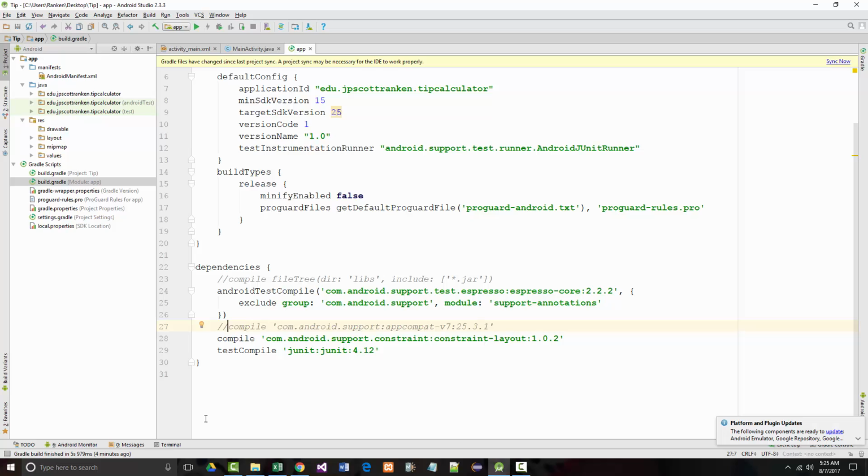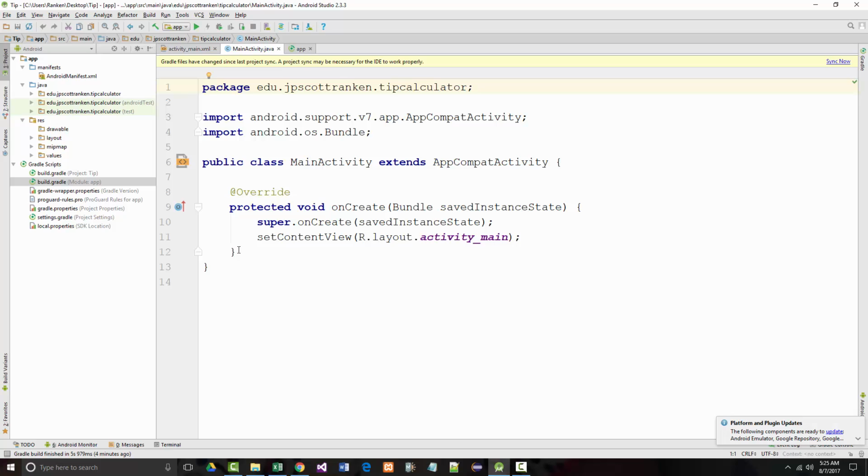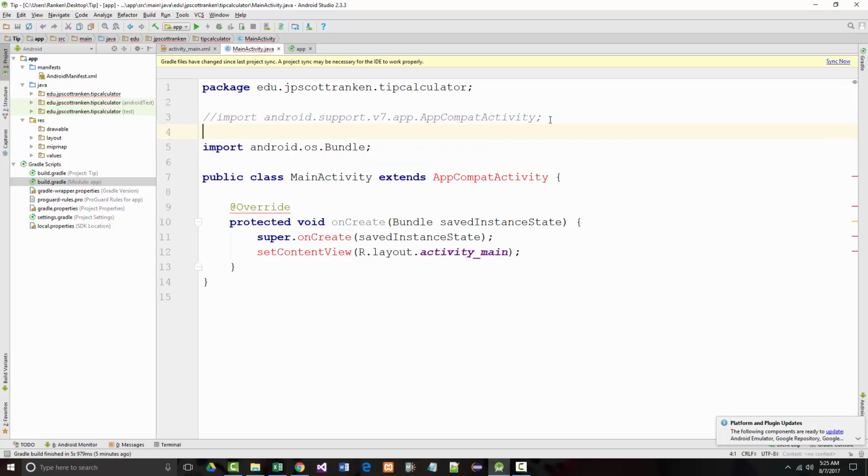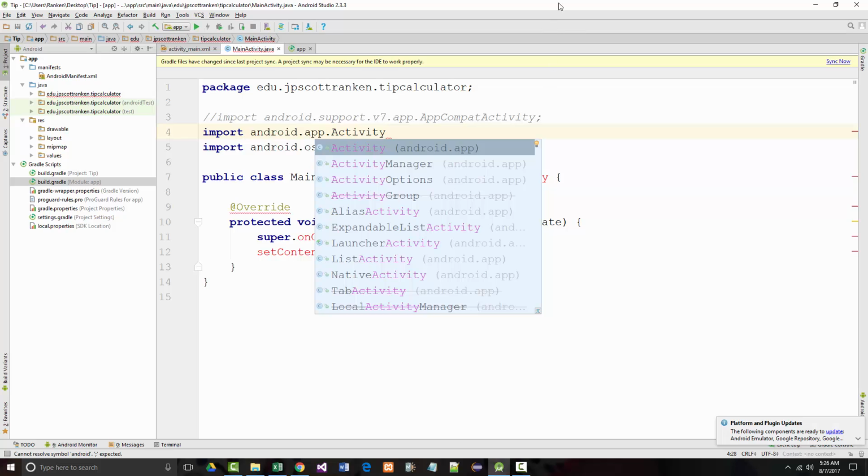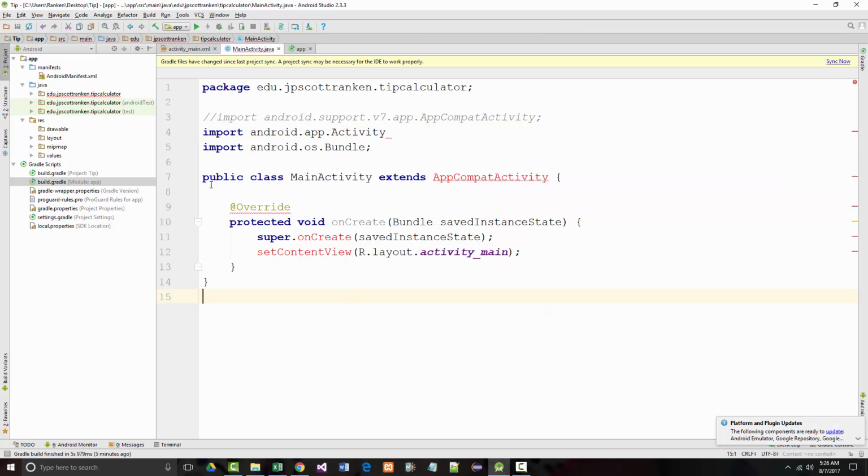All right. Then it says open the class for the activity. Replace the import statement, which is what we have in here right now. So again, instead of replacing it, I'm commenting it out. We want to replace that with import android.app.Activity, which means that we'll also have to change this line. So again, I'm going to comment that line out. And I'm going to come in here and write